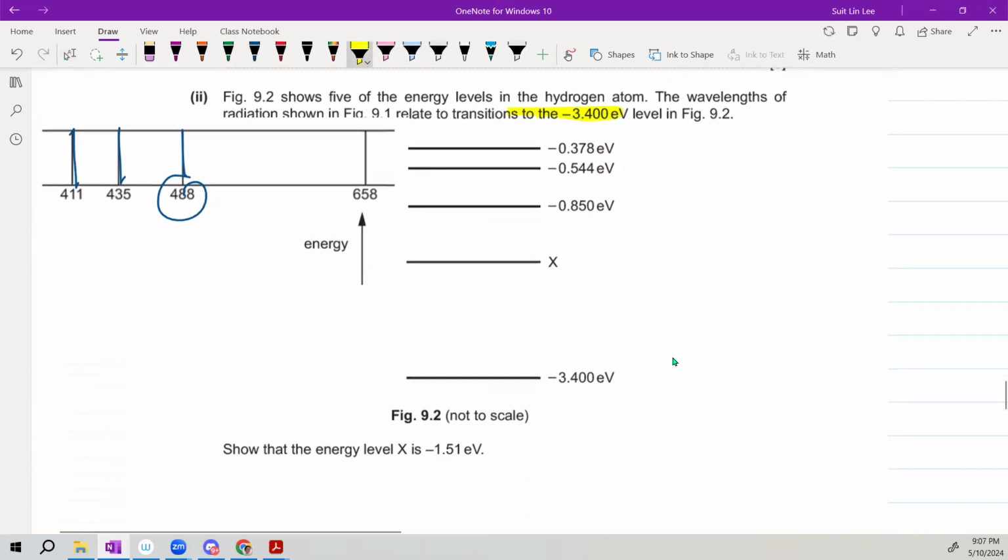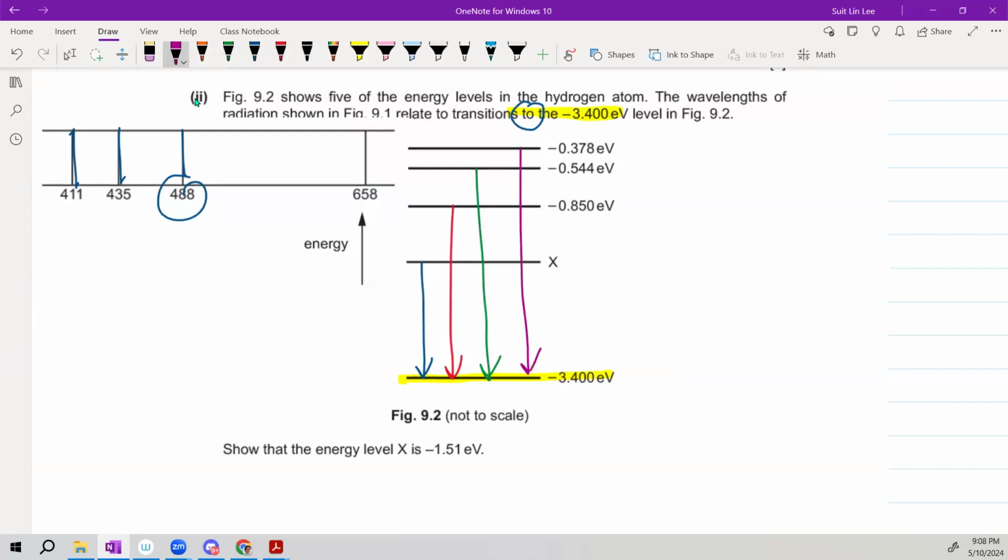To 3.4. So I'm going to transition to this point. What are the possible ways I can jump down to here? Can transition this way, this way. Maybe I'll change color. Can transition this way, this way, this way, this way. Okay or not? So because I can transition in all these different ways,